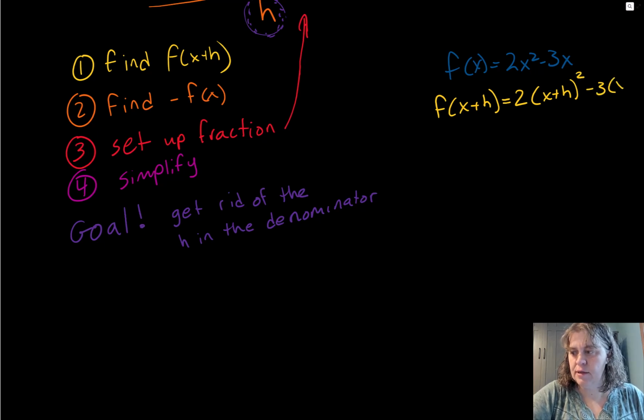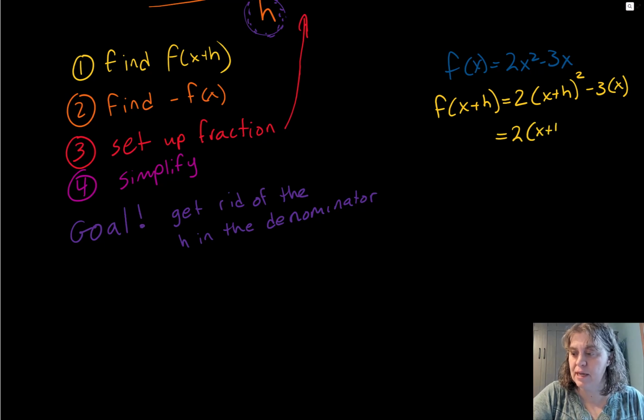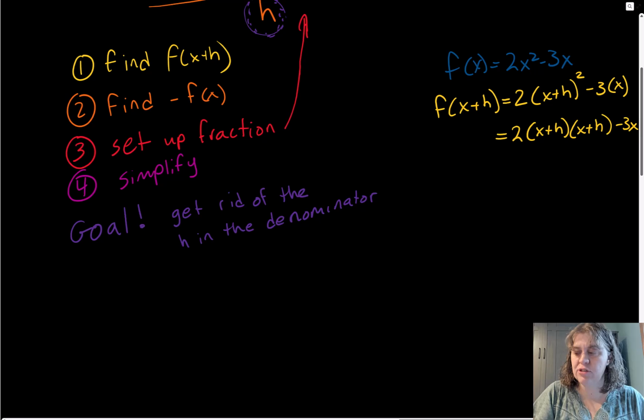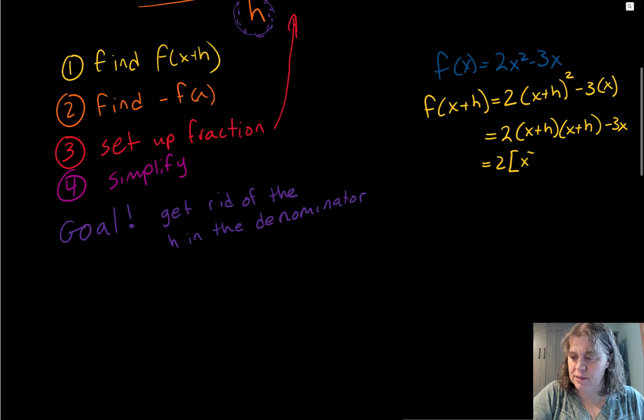Minus 3 times x plus h. Now, this part got a lot of you on the last test we took. We got x plus something and it's squared, and a lot of people think, oh, that's x squared plus h squared, and it's not. So if you're one of the people that made that particular mistake on the test, then go ahead and expand this out, like so. Actually show what the things are that we're trying to do. So then we've got 2, and x squared plus xh plus xh plus h squared